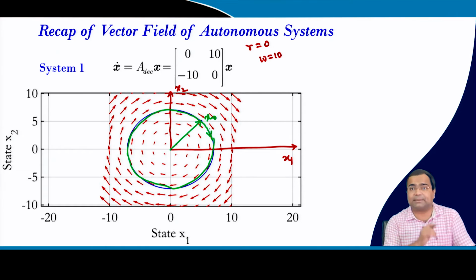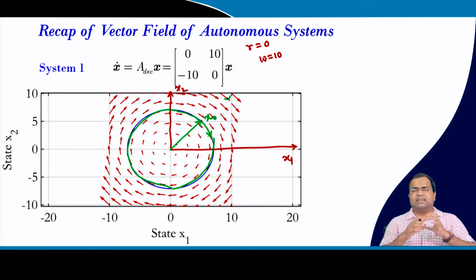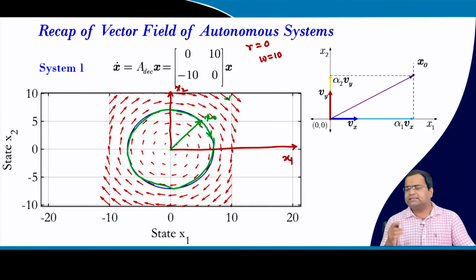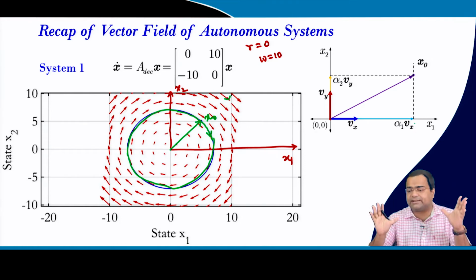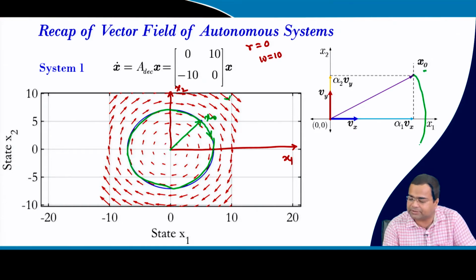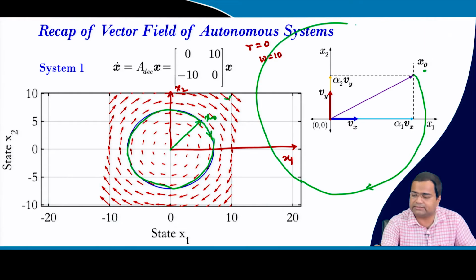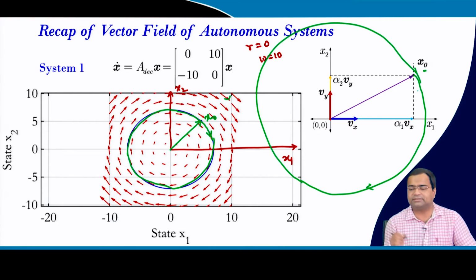And that is exactly what is happening. And you see, you have drawn the vector field. So, the vector field is actually showing the direction, it is the clockwise motion, and this is the case when we have an x1 x2, where we took the basis vectors x1 and x2, and the initial condition will map like this, and this vector will move like this, a motion with the same radius, it will rotate like this, right.